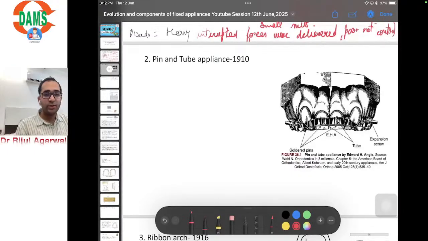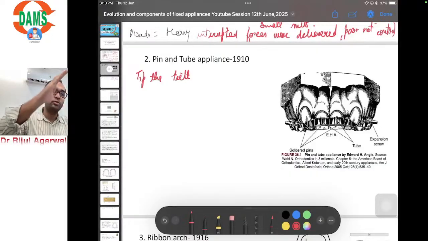As I was telling, the previous E arch was only able to tip the teeth. They were just tied and the teeth tipped into the expanded arch. They were not able to provide any kind of precise positioning to the individual teeth. So to overcome this problem of tipping, where the crown portion only tipped and the root remained at that position,